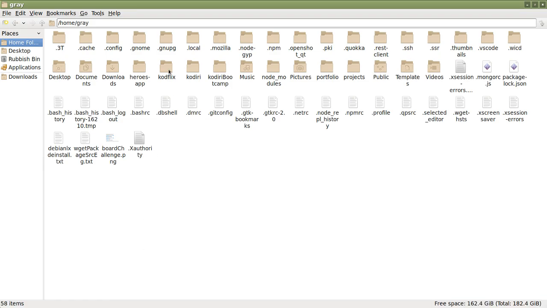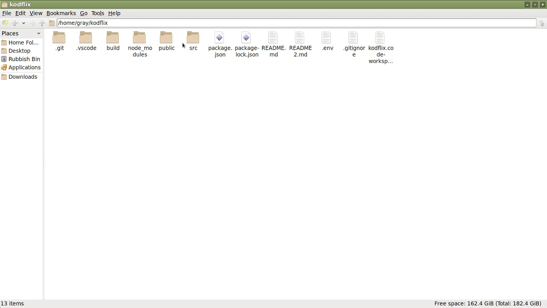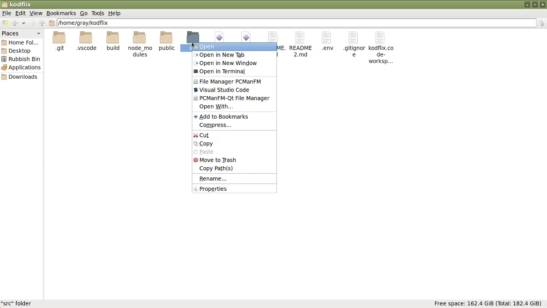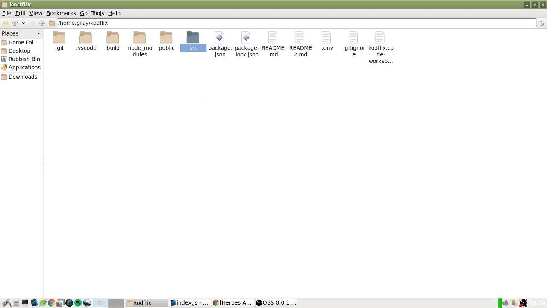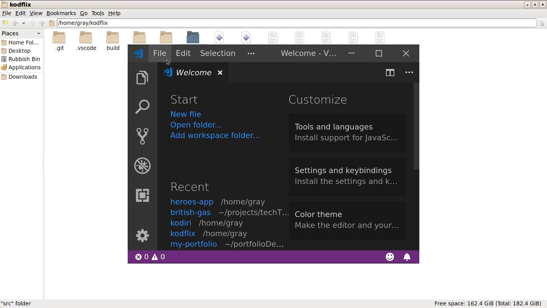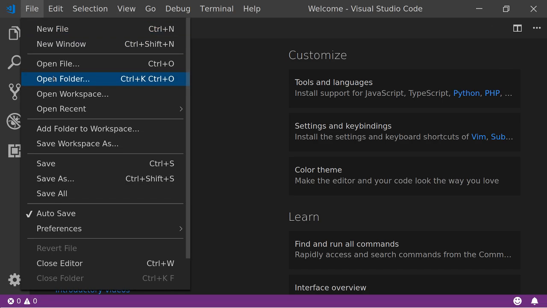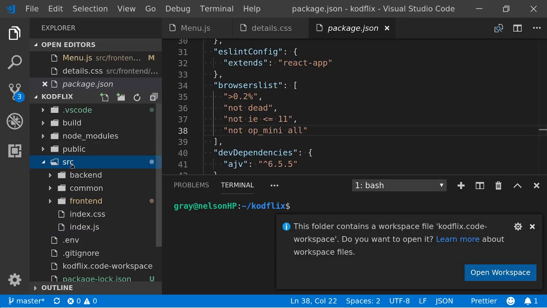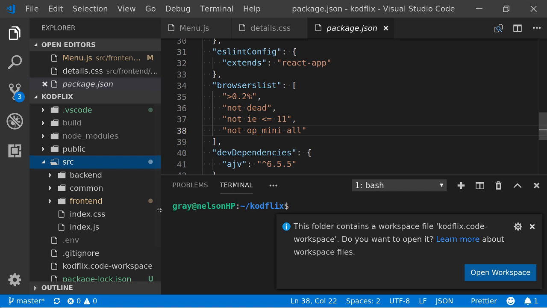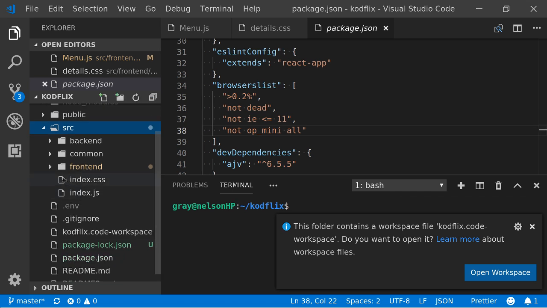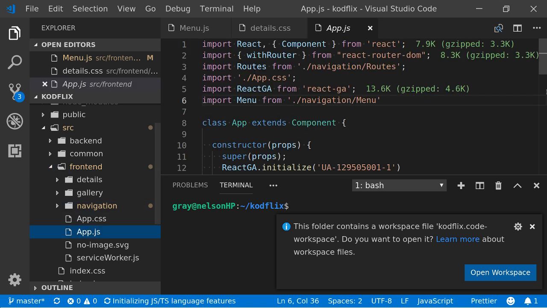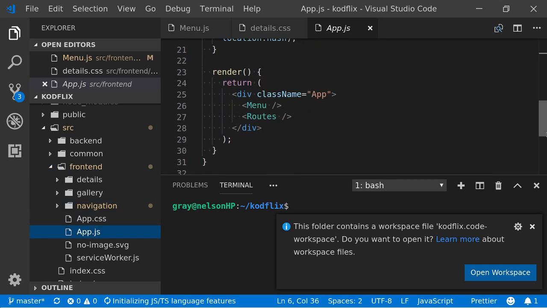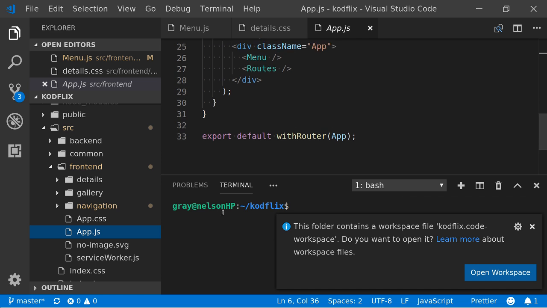Sorry, I'll just check one thing, guys. Yeah, I've got a separate route as well.